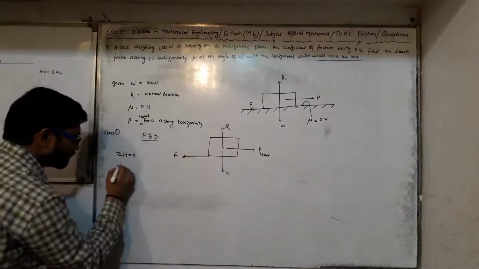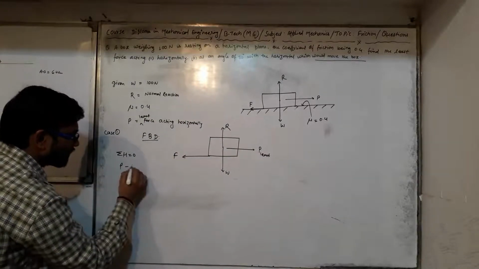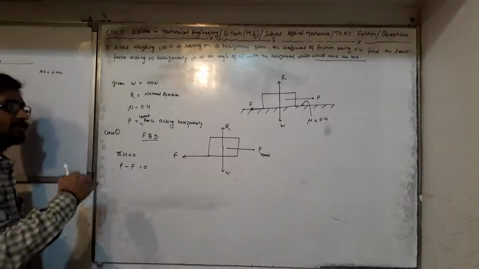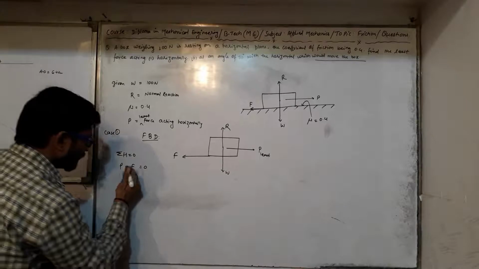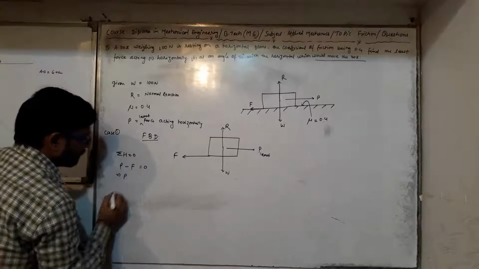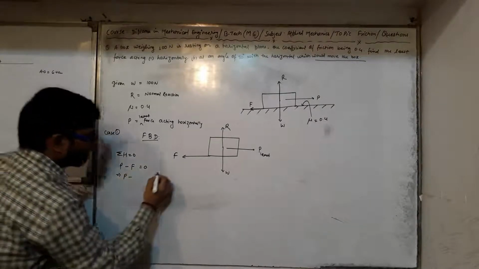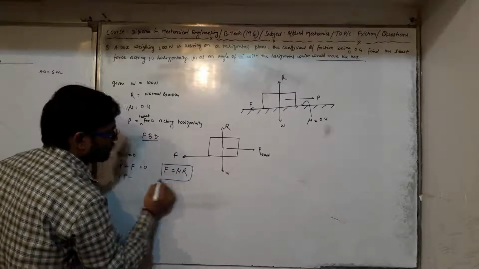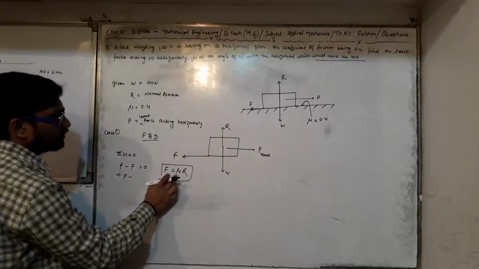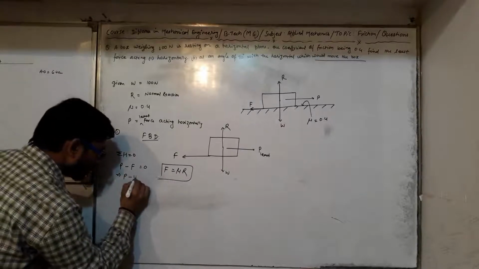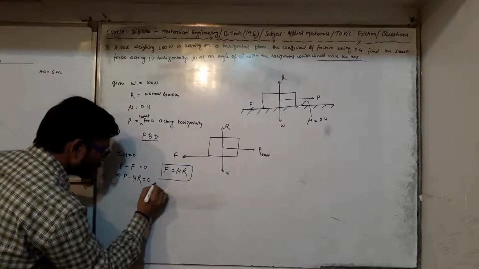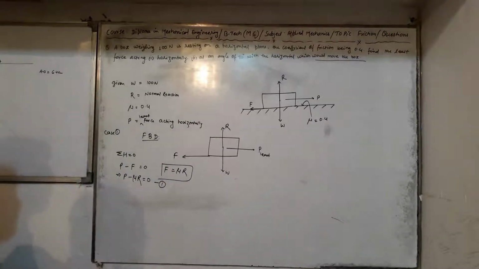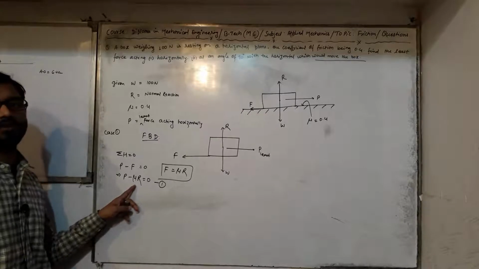So this plus P, and here it is minus, gives 0, so that the system is horizontally balanced. So here, P minus, as you know very well, frictional force is nothing but mu times normal reaction, but here we don't know the value of R, mu is given. So first I am putting P minus mu times R equals 0. Let us say it is equation 1, because we are not getting the R value. So first of all we are required to find the value of R.